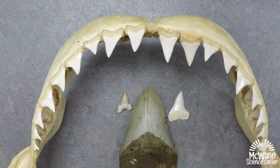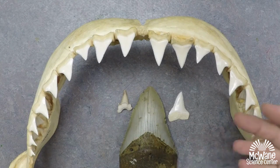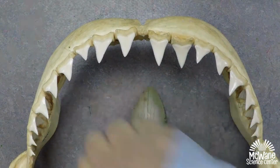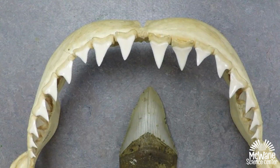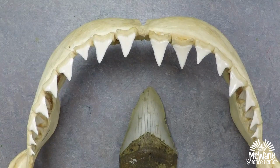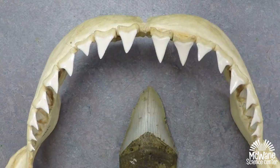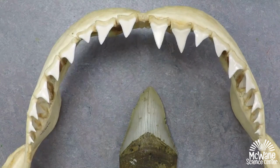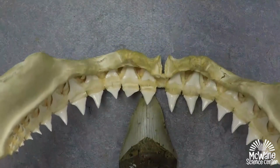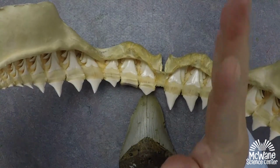But what's interesting, using a great white jaw like this one as a modern analog, it tells us a lot about Megalodon, where we only know Megalodon from teeth. So a good example is, if I count up the teeth in a great white, there's about 300 teeth that you can see. Here's a row of teeth right here, but these are the ones that you'll see if you're getting eaten by the shark. But the ones that you don't see are the replacement teeth. If I flip this jaw over, you have all these teeth, 5 rows behind them, getting ready to rotate themselves